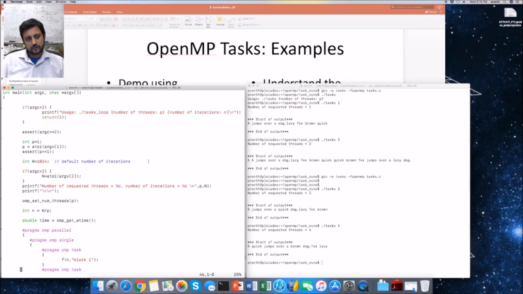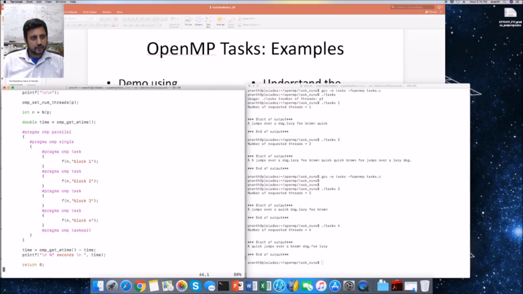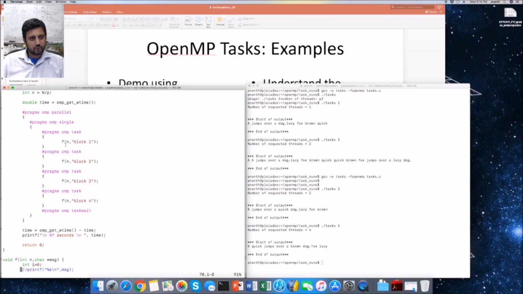So once the user says execute that many iterations, I'm going to break that into a block. Let's say the user wants to execute n, uppercase N iterations, and if we have P number of threads, which means that I'm going to assign N over P batches or blocks of iterations to each of the threads, or to each of the tasks. So to do that, really what we will do is as follows. Okay, so let's say that I have a task here, pragma OMP task,